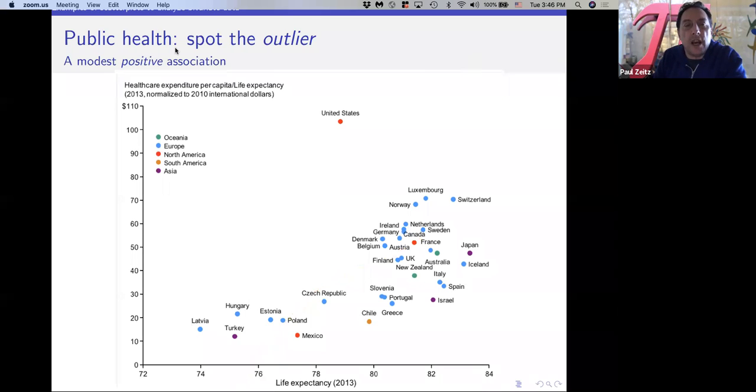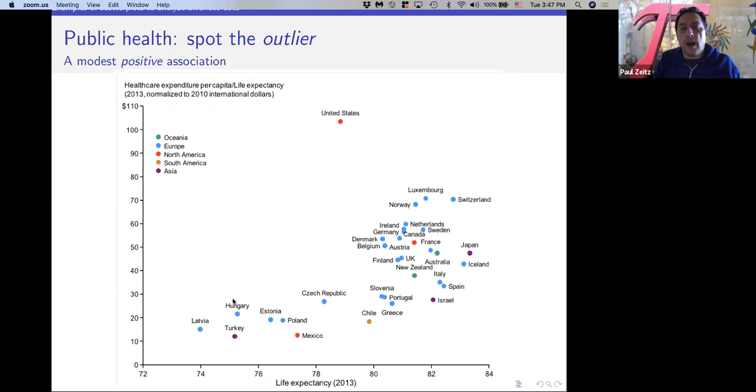So this is a graph that has two axes. Life expectancy is on one and healthcare expenditures on the other. And the population is countries, individual countries. And so each country has two coordinates. So Switzerland, its life expectancy is about 83, and its health expenditure is about 70, probably billions of dollars or something, or $70 per person. Yeah, I guess it's $70 per person, something like that.